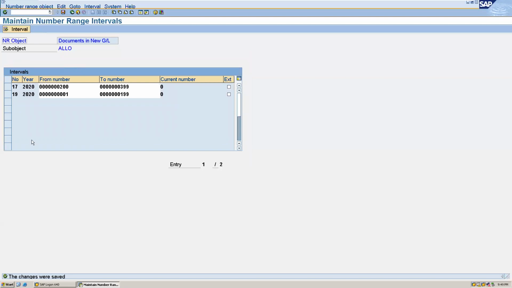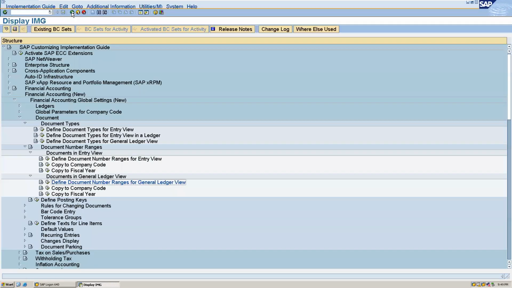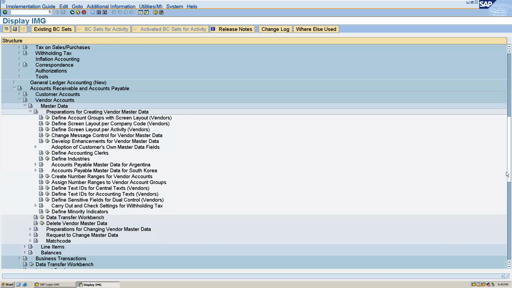Now we have to define the tolerance limit for vendors. For that, we have to go to Accounts Receivable and Accounts Payable.